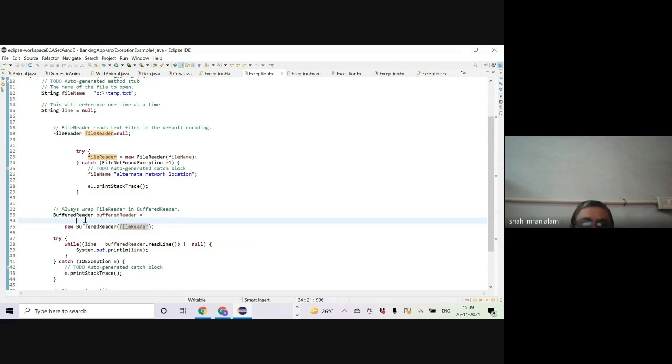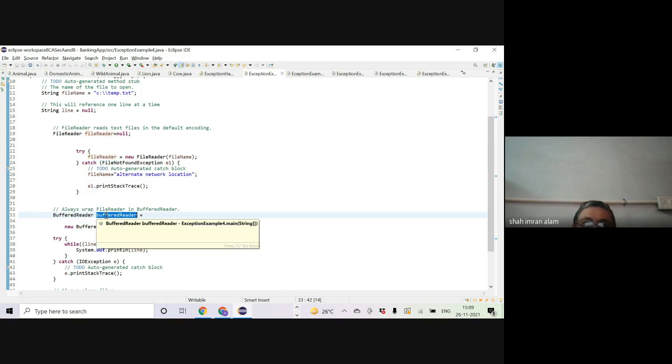So I do not have just the FileReader, but I have got the BufferedReader which can buffer things, for a faster response, so that not every time one line is being read, but a number of lines could be read, because it's a complete file. Why should I read one line at a time and then print? Let it read a number of lines, and then it will print the way I want, whether I want a single line or multiple lines.